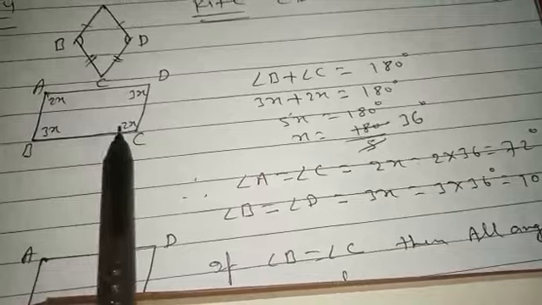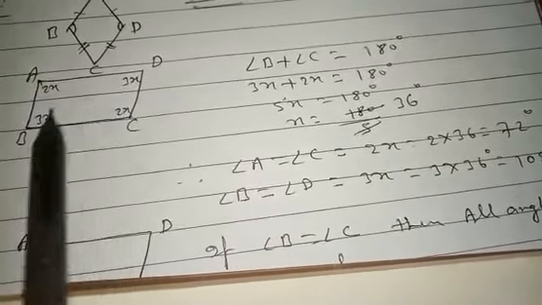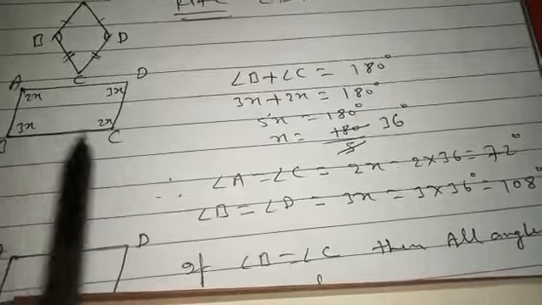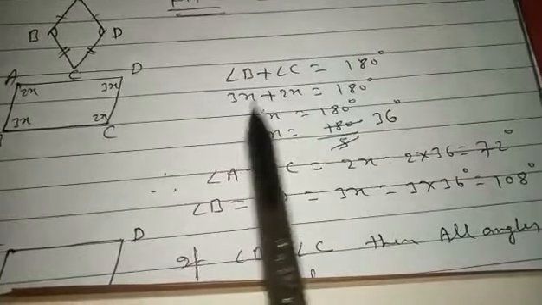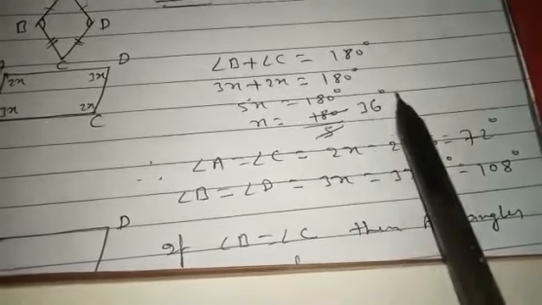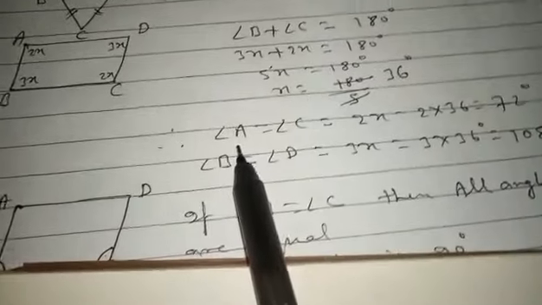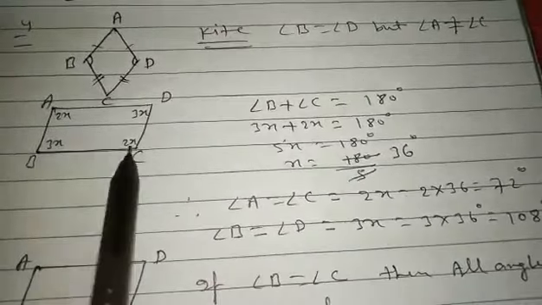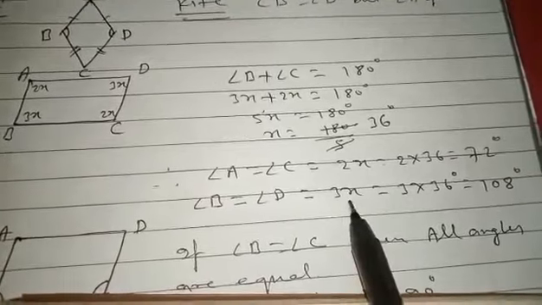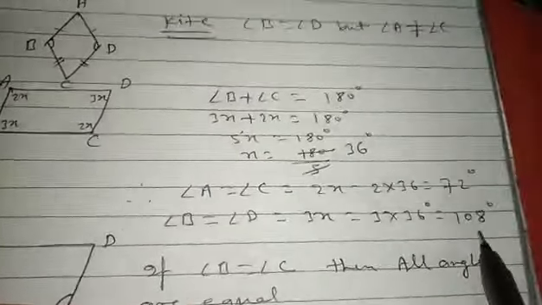And we know that the sum of adjacent angles in parallelogram are supplementary. So you write angle B plus angle C 180 degree. Angle B and C are in given ratio 3:2. So you write 3x plus 2x is 180. 5x is equal to 180. Then x is equal to 180 divided by 5, that is 36 degree. So angle A is equal to angle C. Angle A and C are equal, opposite angles. So its value will be 2x, that is 2 into 36 is 72 degree. And angle B equal to angle D, that is 3x is equal to 3 into 36 degree, that is 108 degree. So this question is also clear.